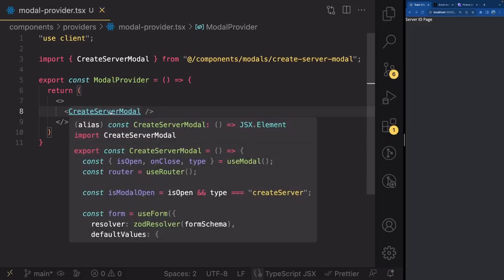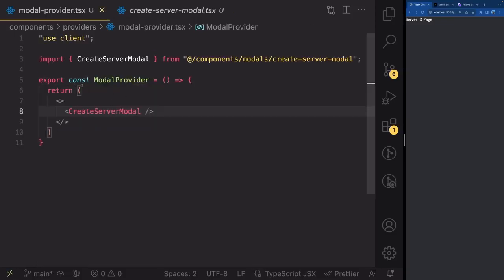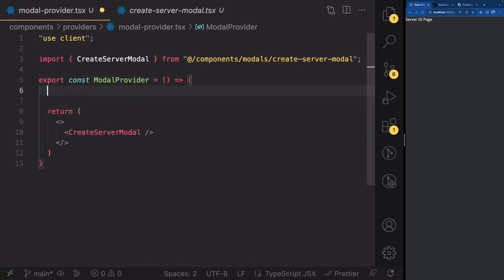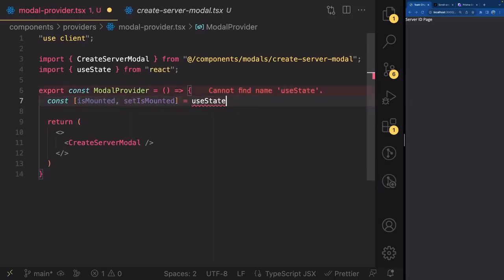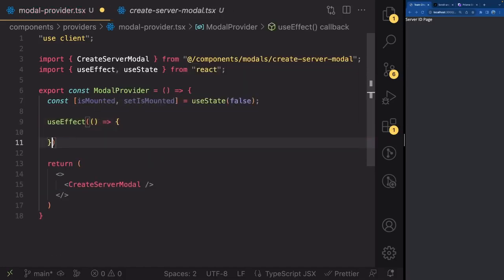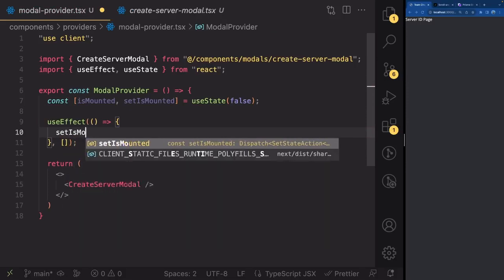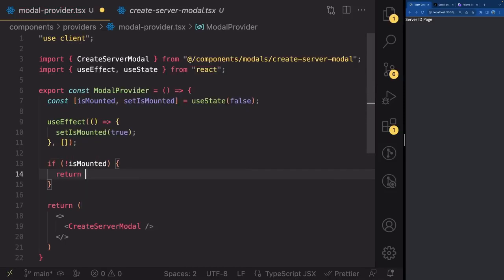Great. And since I removed the isMounted from this CreateServerModel, because I said we're going to handle that somewhere else, this is where I meant. So let's write const isMounted, setIsMounted, useState from React, default value is false, useEffect like this, empty dependency array, set isMounted to true like this. And if we are not mounted, return null. So what this is doing is preventing the models from being rendered on the server side, because that can create inconsistencies,